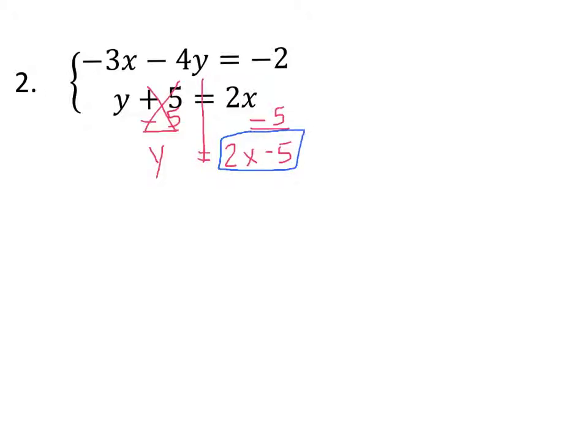We can now substitute this expression in for y in the first equation, which will result in -3x minus 4, but instead of putting the y there, we're going to put in 2x minus 5 because that is the expression that we have equal to y,